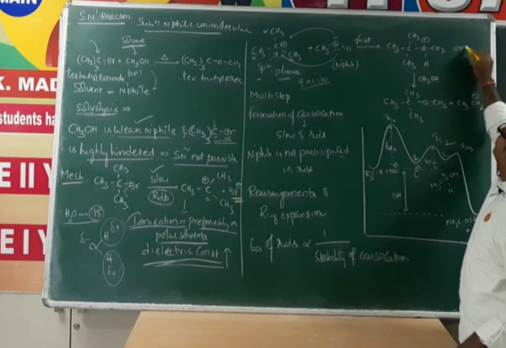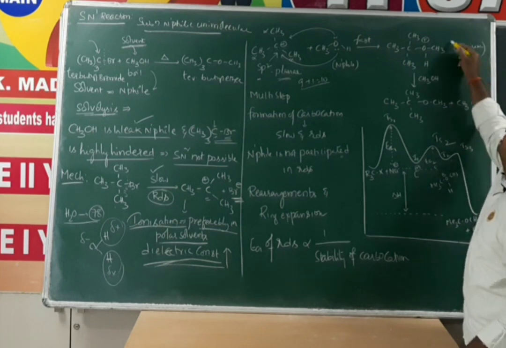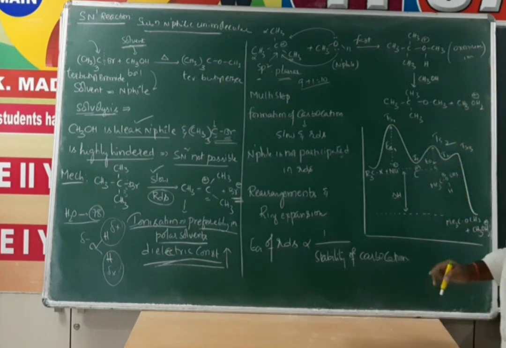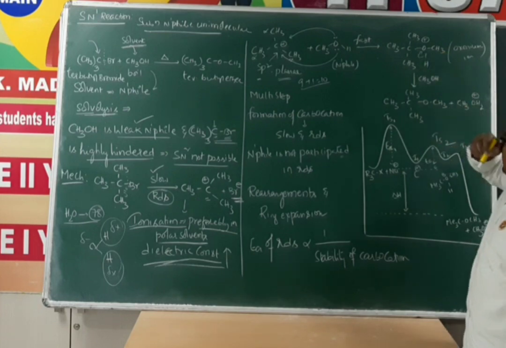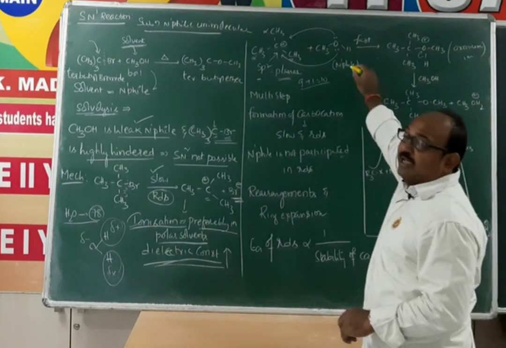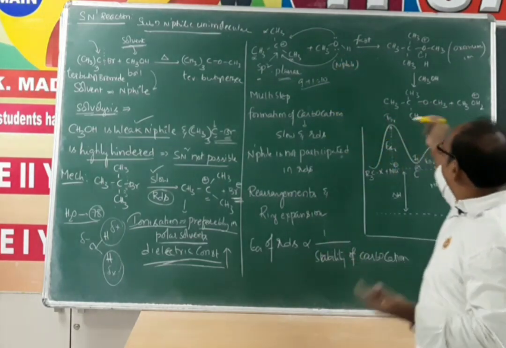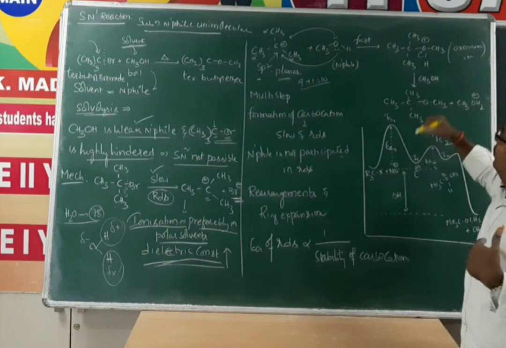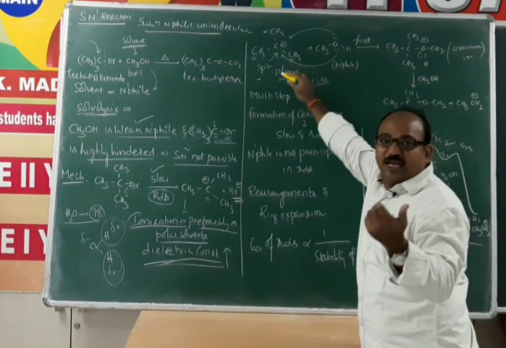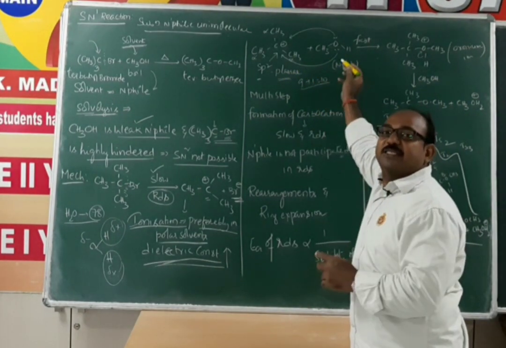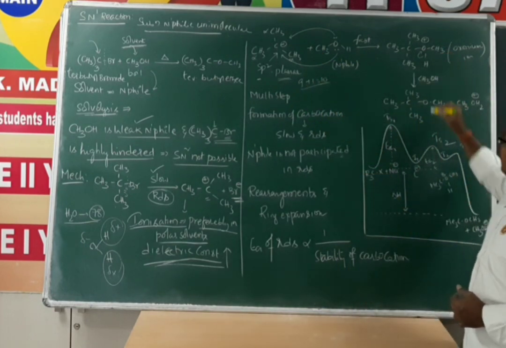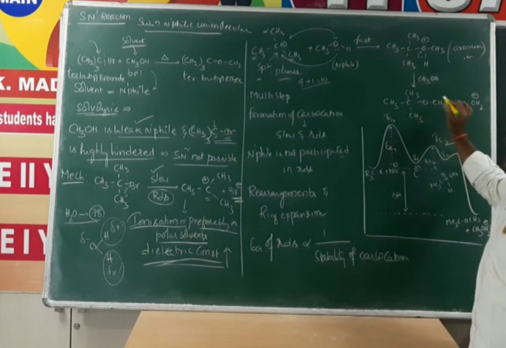This one is an oxonium ion. Oxygen bears the positive charge here. It is the tertiary butyl methyl oxonium ion. Later it wants to lose a proton. For that deprotonation, the solvent molecule again acts as a base. I mentioned earlier that the solvent molecule acts only as a nucleophile, but here the solvent molecule acts as a base. Because a proton is available here, it can act as a base. In the previous step, there is no proton available, so it acts as a nucleophile. Here, by abstracting the proton from this oxygen, it converts into CH3OH2 plus, and the product forms.